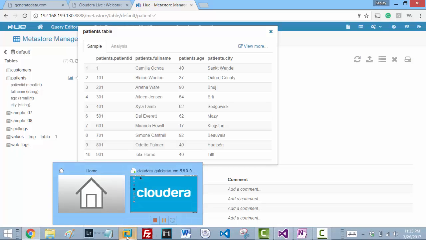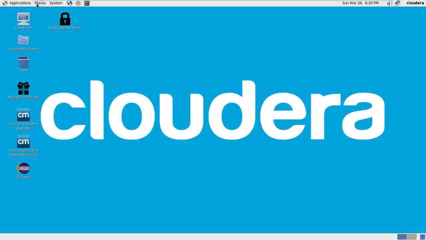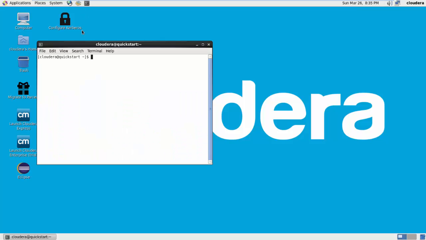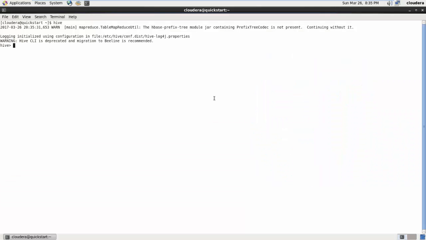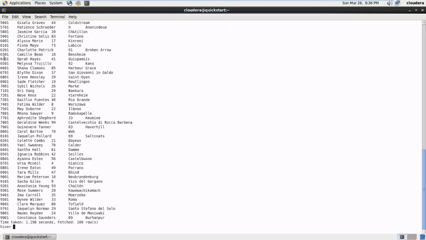We can also go back to our Hive and see how it is there, and we can list the same table. Show tables. We have our patients table here, so I'll say select star from patients, and we get all 100 patients. Very good. So now I switch back to Hue again,